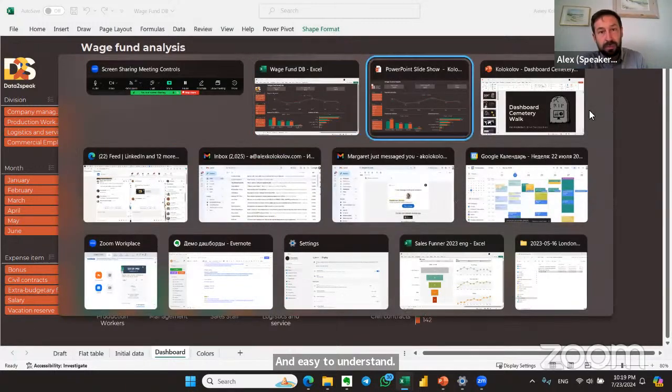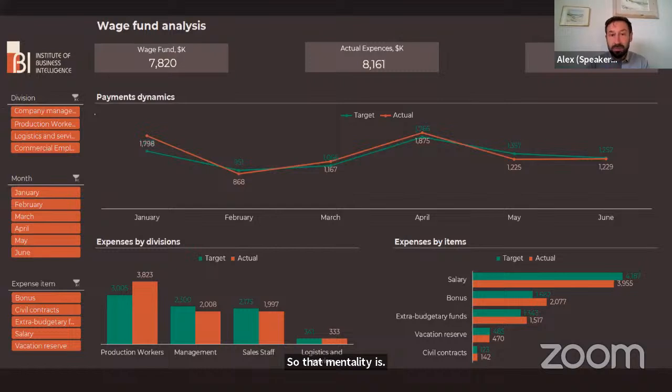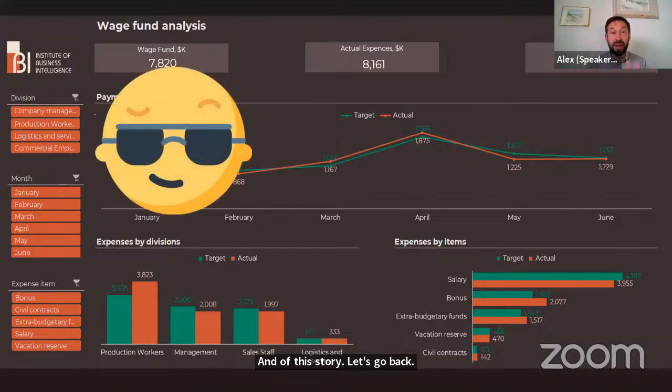So let me tell the end of this story. Finally, this dashboard has survived because their ERP system has died. They expected to implement it within a year, but of course, as every IT project, it was delayed, and they had some problems with their business processes and requirements.